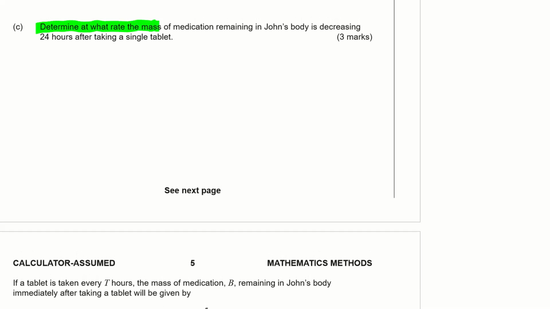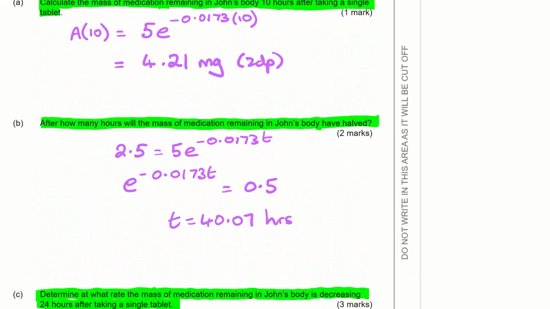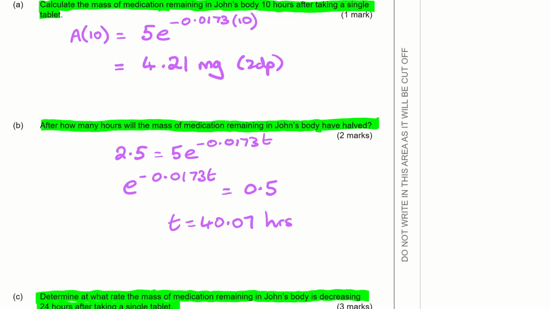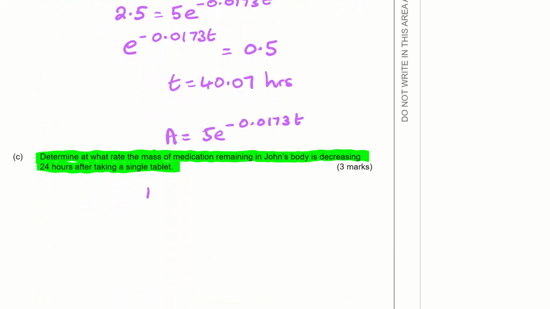Determine at what rate the mass of medication remaining in John's body is decreasing 24 hours after taking a single tablet. So we're talking about a rate of change, and therefore we need to differentiate. So the initial A was 5e to the negative 0.0173 T. And that gives us A dashed is going to be 5e to the negative